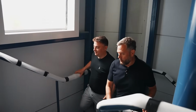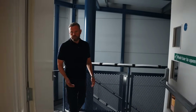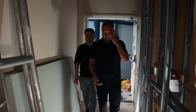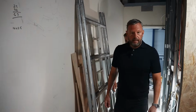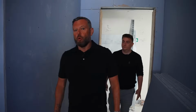You would think it was a simple one, but it hasn't been because we've had to reinforce the whole floor here. What was the players' lounge, and you're going to have multiple rooms here catering for over 70 of the world's press, and again is a Rule K licensing agreement with the Premier League. And as we walk through, you are going to see multiple rooms, new toilets, general media working rooms